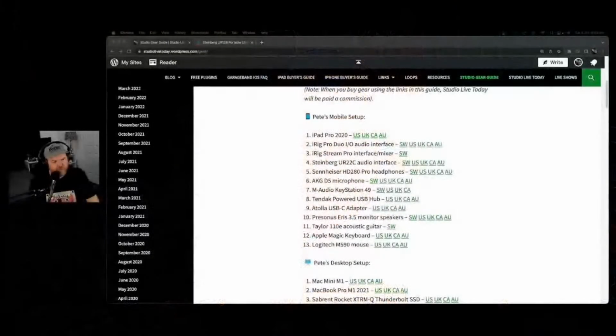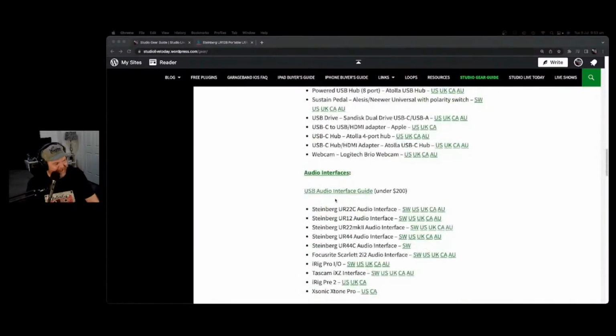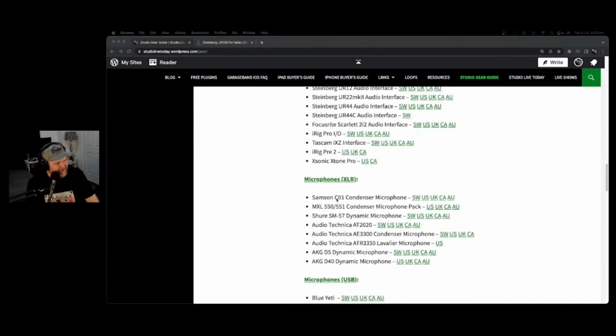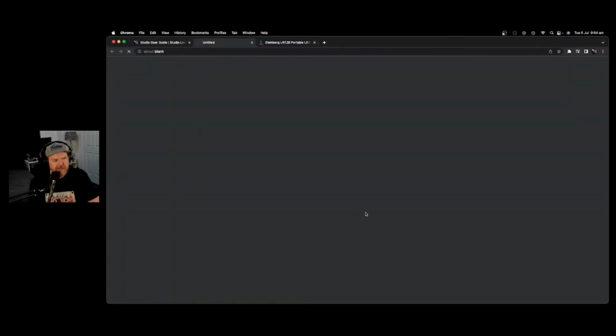So once you've gone past the whole, okay, I'm going to record vocals with either my headset mic or my built-in mic, if you want to go up a notch, you go to a USB microphone. Now, there's a heap of different USB microphones on the market. The one that I have recommended for a long time for a good budget entry-level USB mic for your recording is, I've got to find it now, the Samson Meteor. If we scroll down here to microphones and USB microphones, the Samson CO1's good, the Behringer C1's pretty good, the Blue Yeti's kind of the industry standard, but I love this little tacker, mostly because it